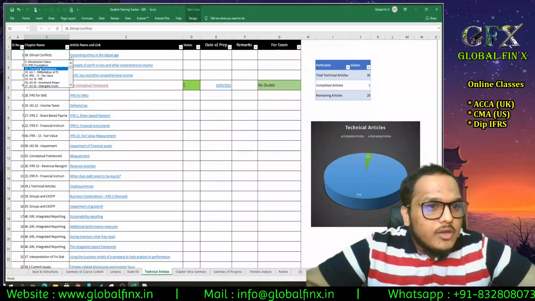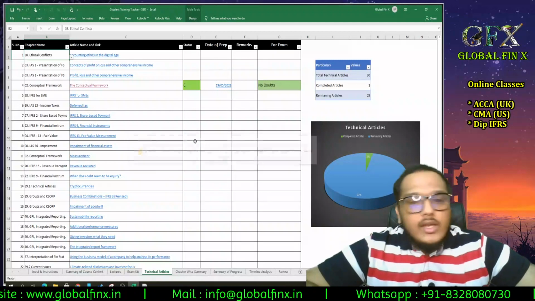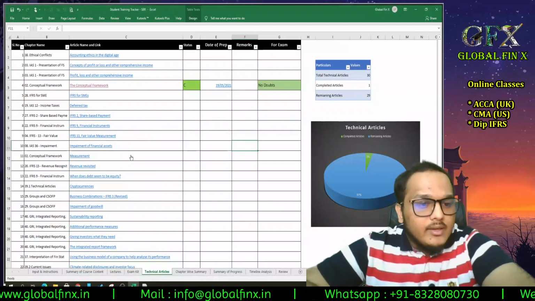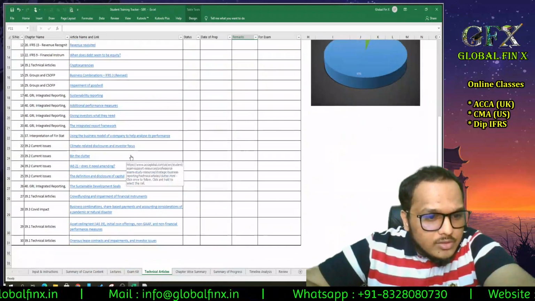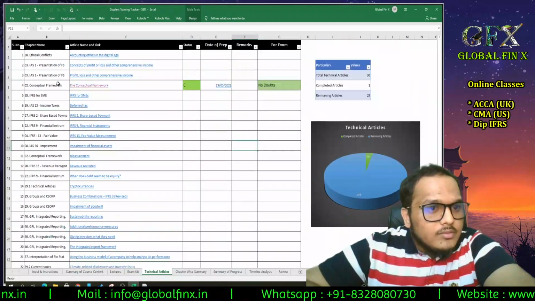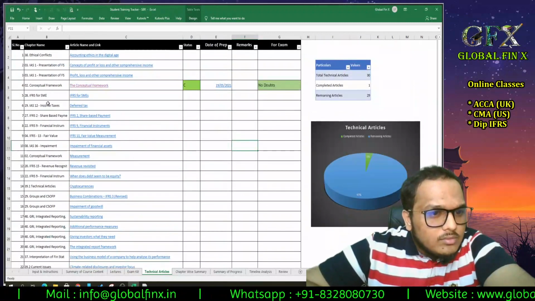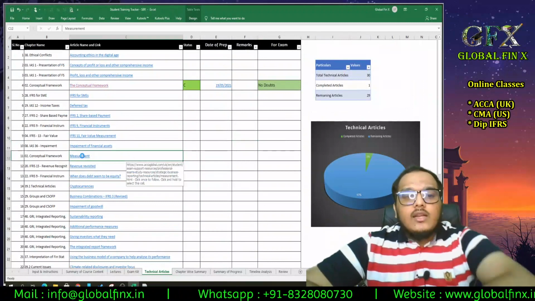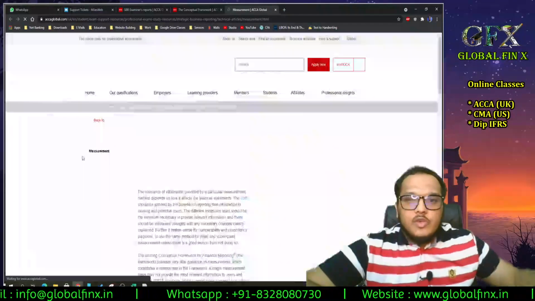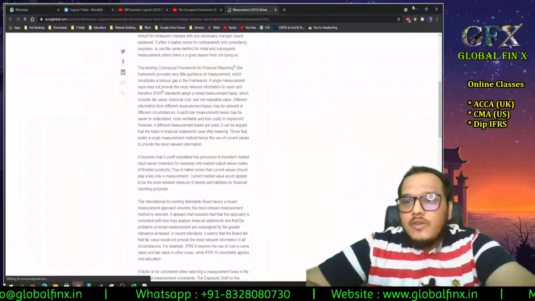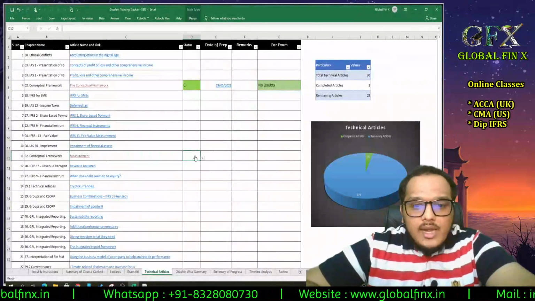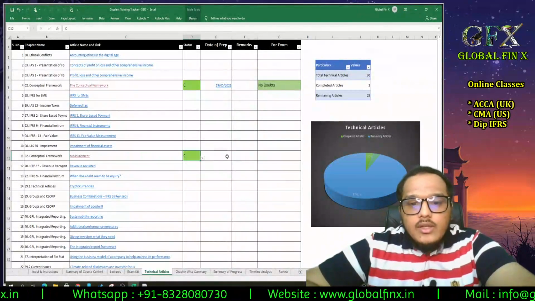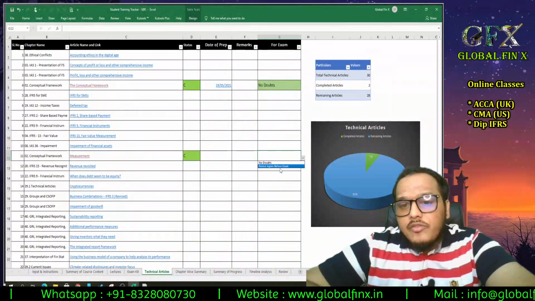Conceptual framework. Okay, it's in protected files. Okay, fine. Where is conceptual framework? Here. There is another article called measurement in the conceptual framework. So I'm going to click on that. See, I have the measurement file. So I'm going to close that. I'm going to come back here and I'm going to mark this as C. And I'm going to say that this I want to review again before the exam.